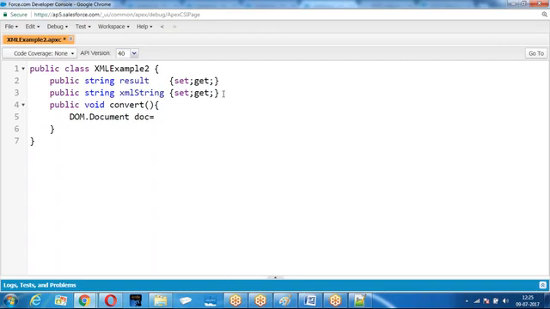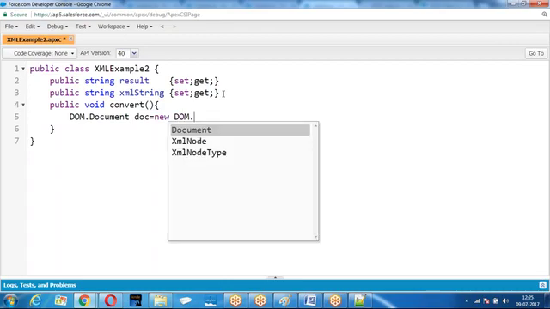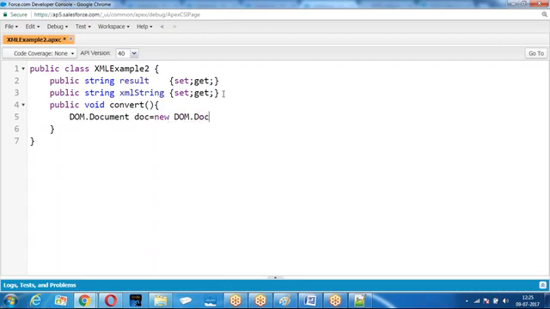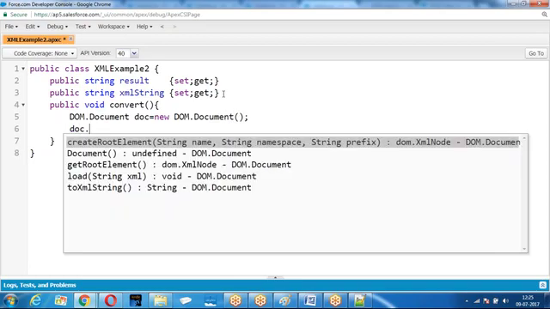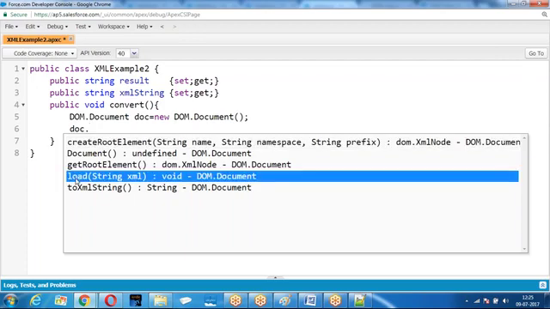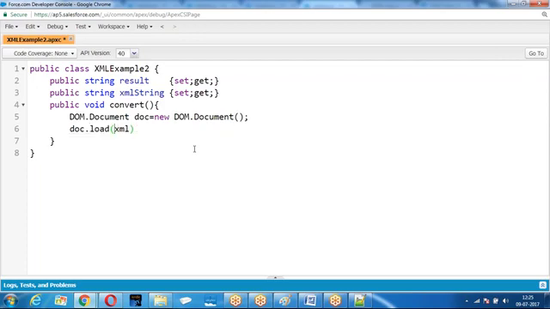Then I'm giving new, dot load. Whatever the string you want to convert, the string I'm giving it. XML. Whatever the string you want to convert, the string I have given.